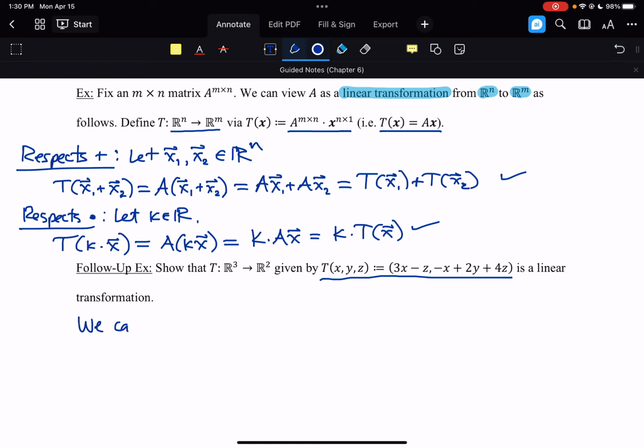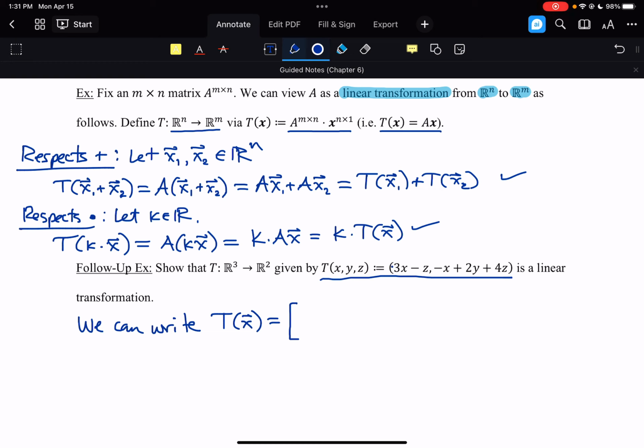So we can write T of x equals, if we set this up as a matrix, so we're going from R3 to R2, so this is an M by N matrix where M is the output and N is the input vector space. So this will be a 2 by 3 matrix